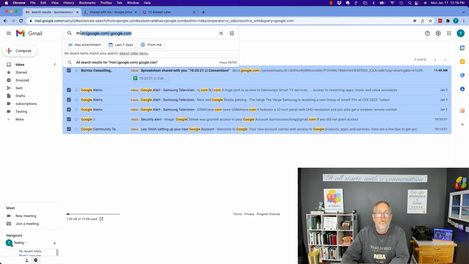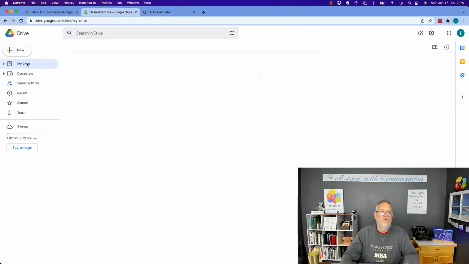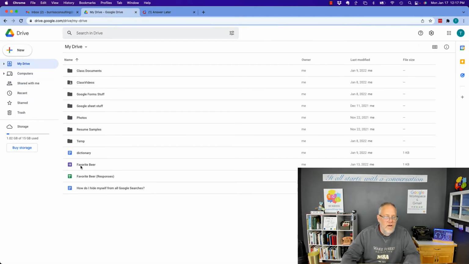Use the Google search power built into Gmail and Google Workspace to find the messages you want and hit the delete button. Question number 3. If I upload files on Google Drive, I think on or to, I'm not sure, can I delete the original after to save space? So if you've uploaded files into your Google Drive, I mean, here's I can go get